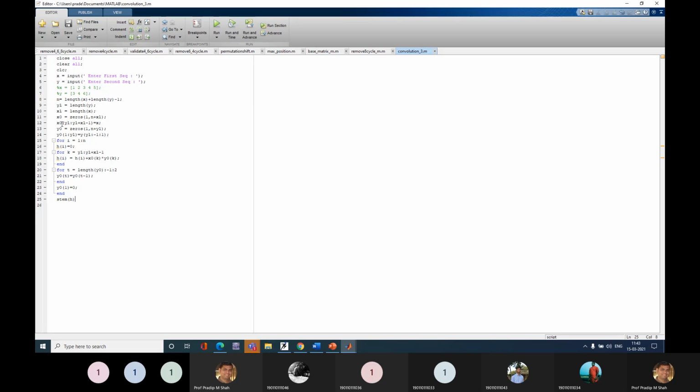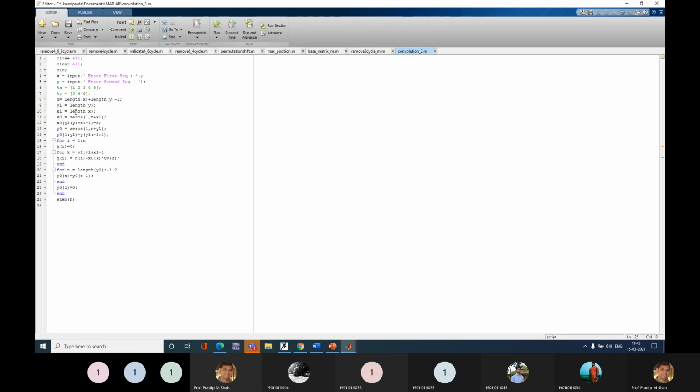Now we need to perform convolution using what I already explained: time reversal, time shifting, multiplication and addition. To perform those four operations, I'll use the rest of the commands, and I'll explain one by one.